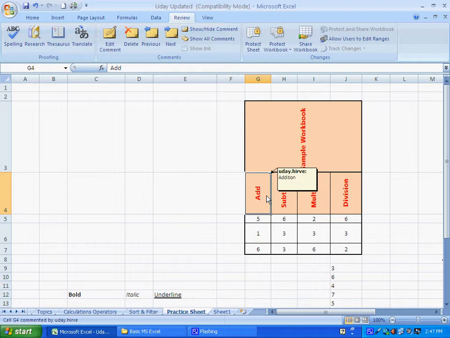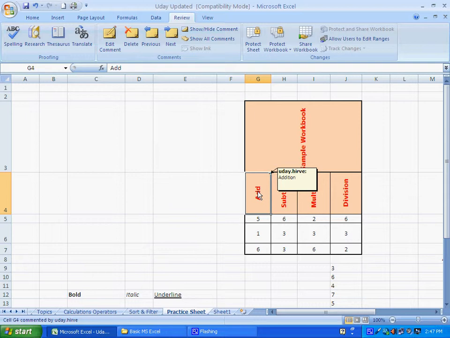Whenever you go to this cell, you can just copy paste the email communication from your Outlook so that it will be seen in this comment, and there is no need to put a reminder for the particular task.